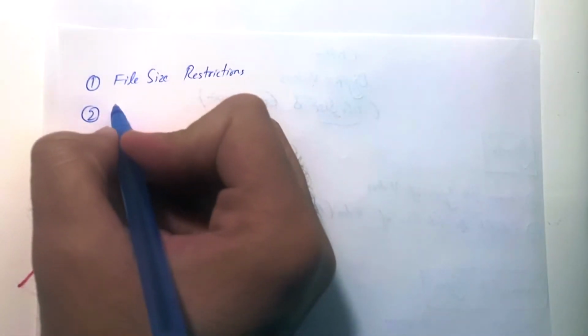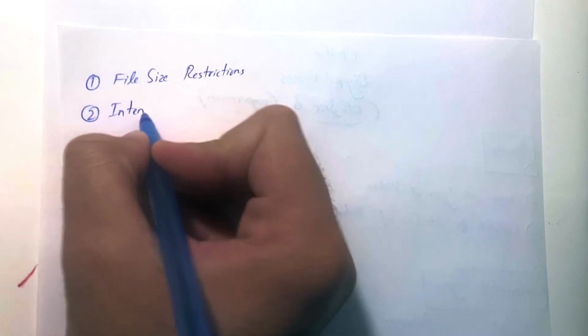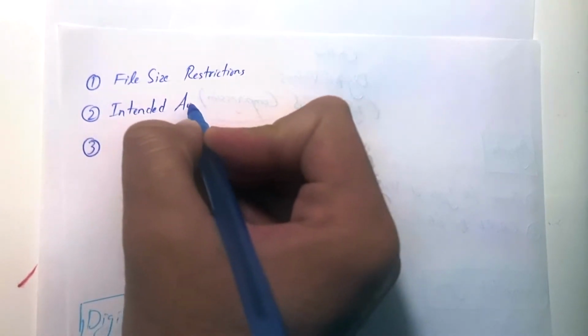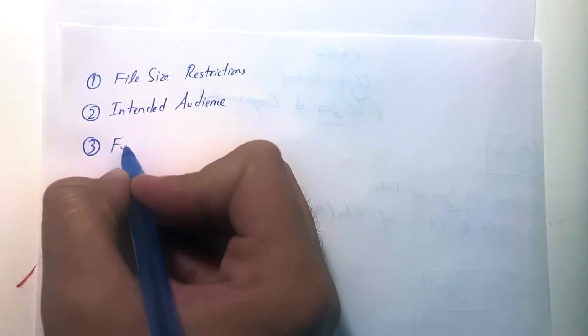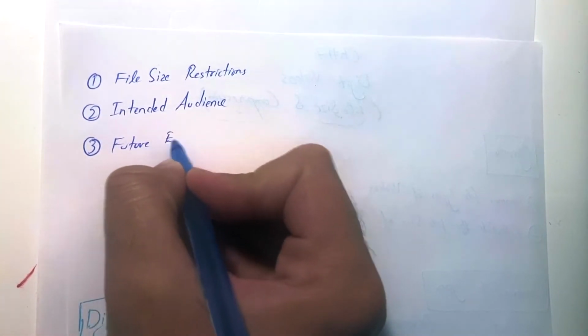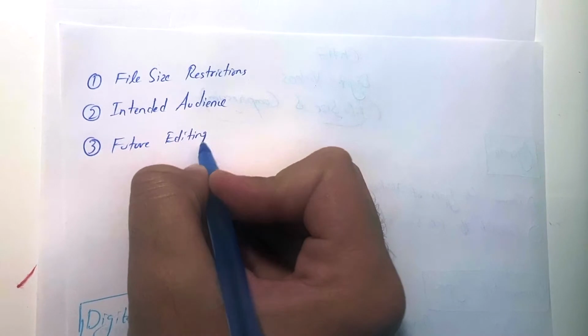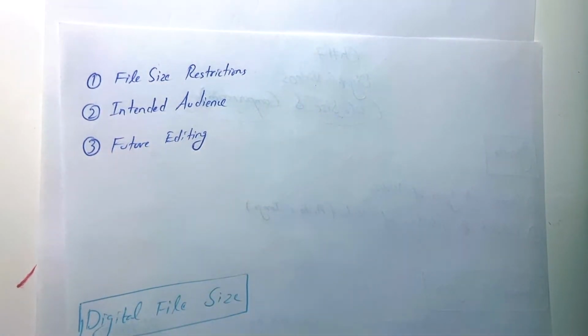Second is the intended audience. And the third one is future editing. So these are the main three driving factors or characteristics behind deciding the file types, like which file type you